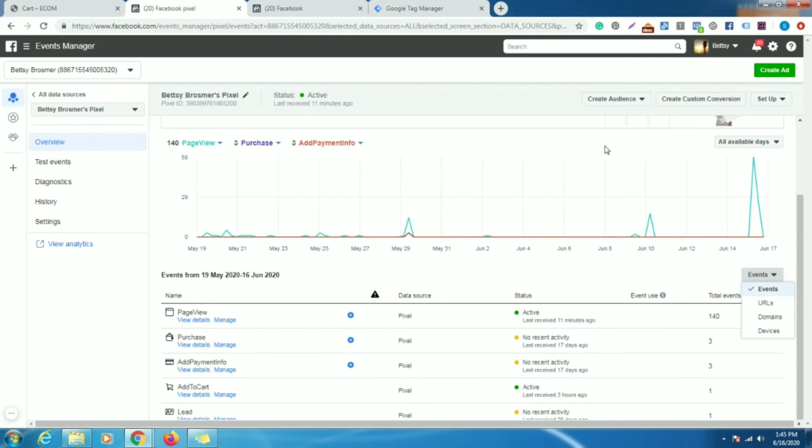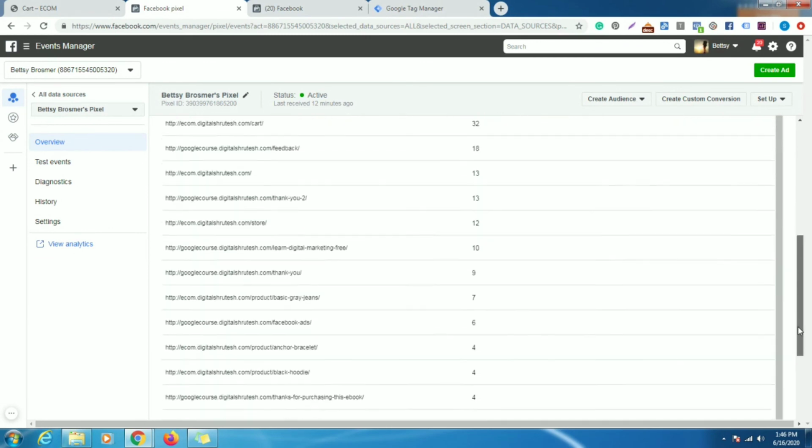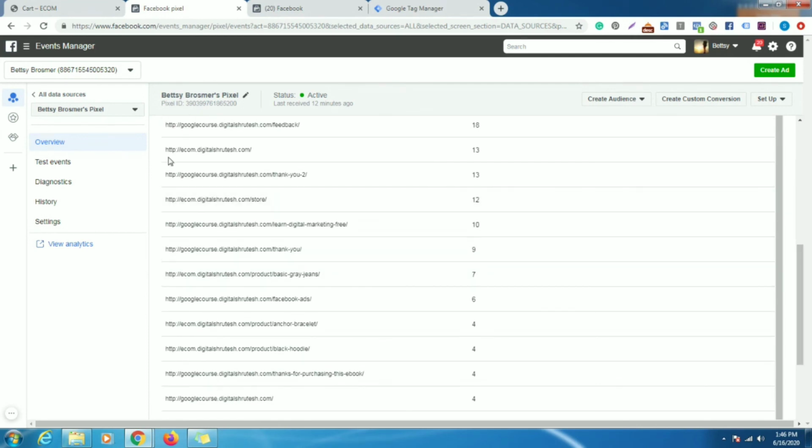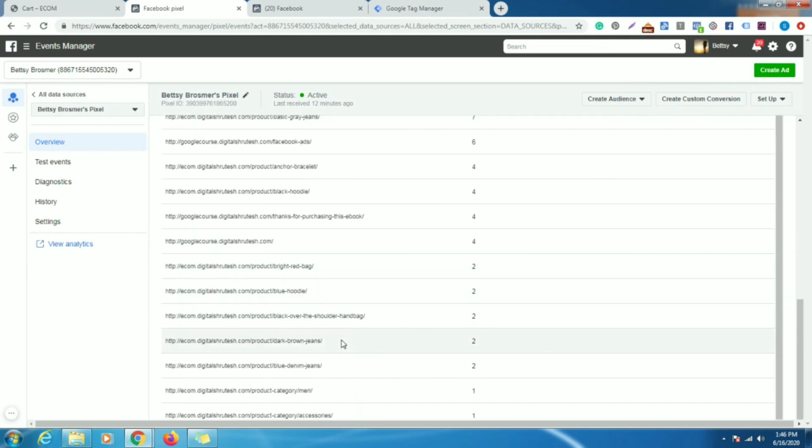So now we are going to see if this data is tracking events. Look here, it is tracking all the things. Okay, e-com digital footwear product, basic grey jeans, then anchor bracelet, then hoodie, then look here, accessories, name, blue denim jeans, dark brown jeans.